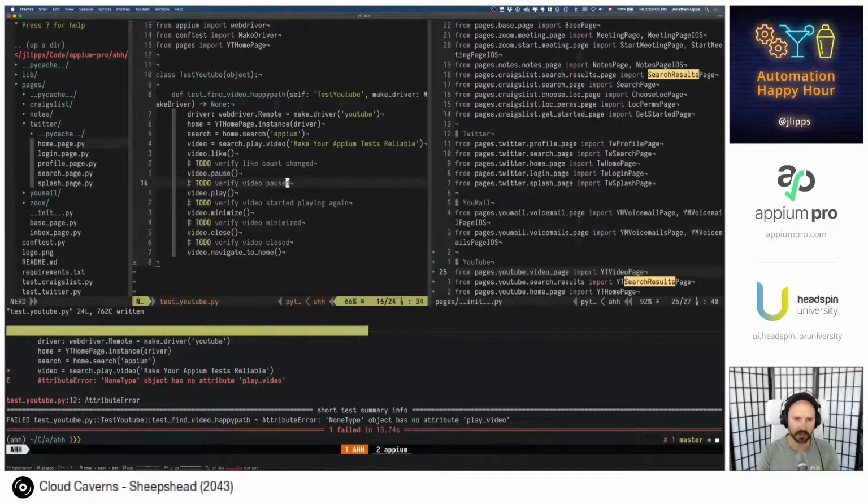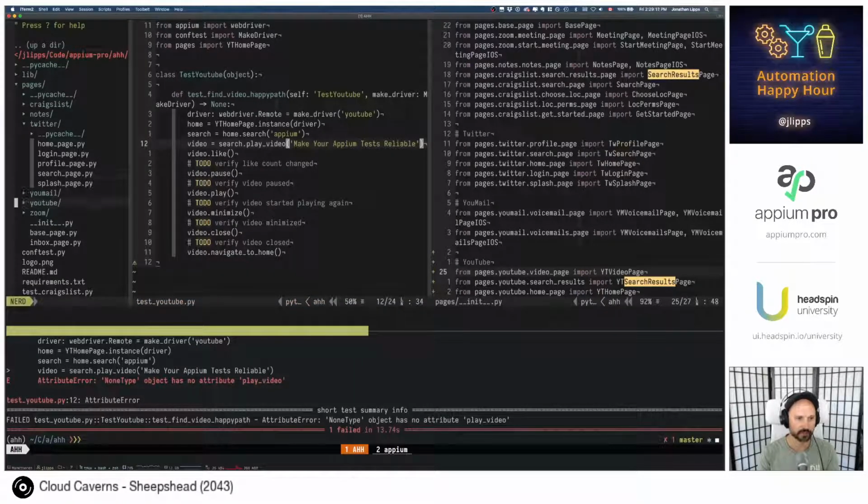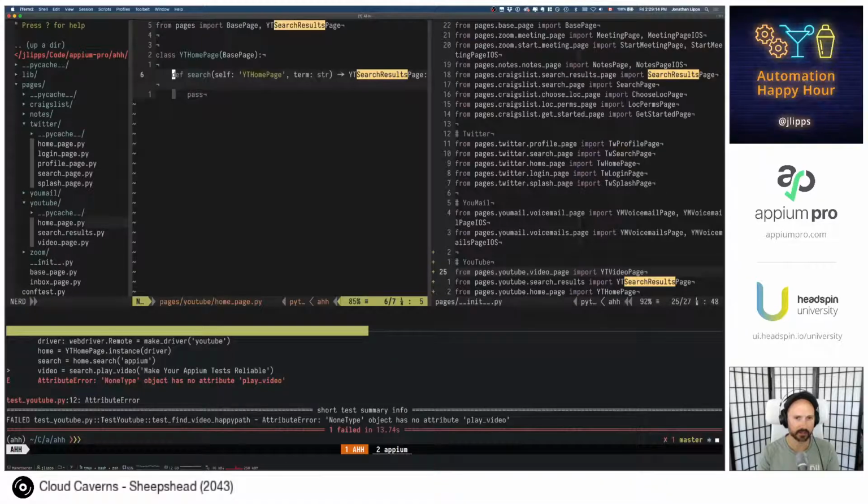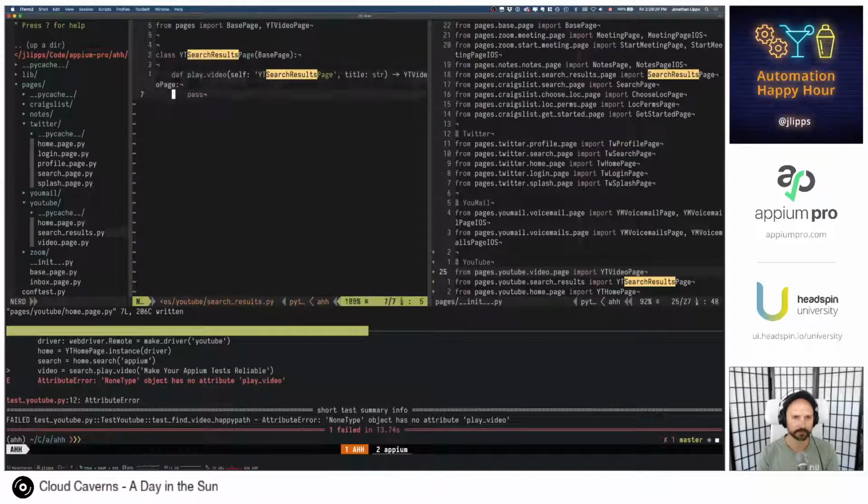Oh, that's because we didn't build our page objects totally correctly yet. So ultimately what we want to do is return YT search results page instance passing the self driver. Because that's what we say we're doing, isn't it? And here we're going to return YT video page instance self driver. Video page doesn't need to return anything.